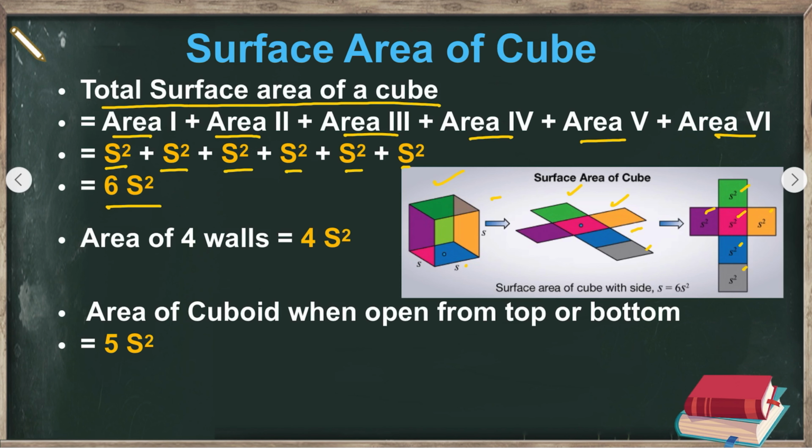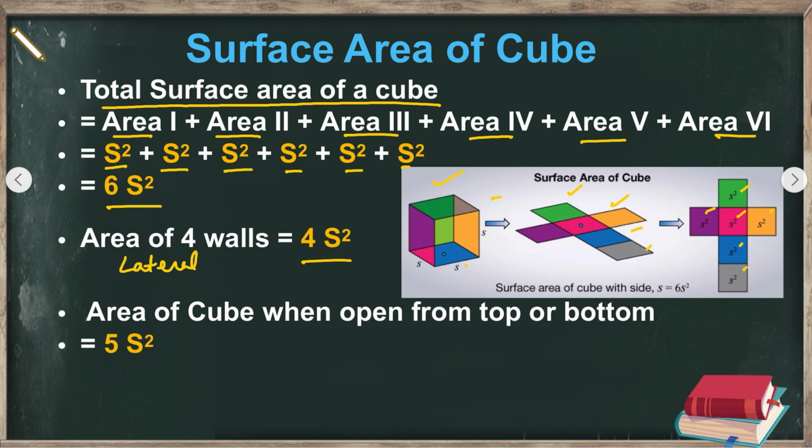Okay, in similar way, if you are asked to calculate the area of four walls or the area of lateral faces only, again lateral face means we have removed the top and the bottom both faces, so what we left with only the 4 lateral faces. Okay, that means again, since area of each face is again s square, so we'll get the final formula as 4 times s square, that is 4s square. Okay, since 2 faces top and the bottom have been removed.